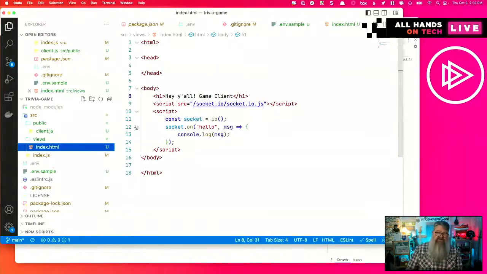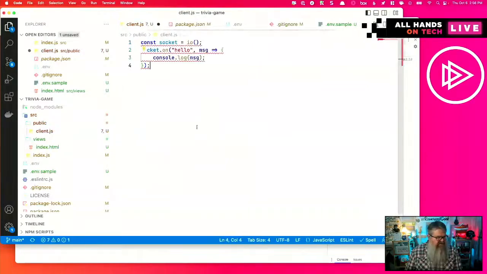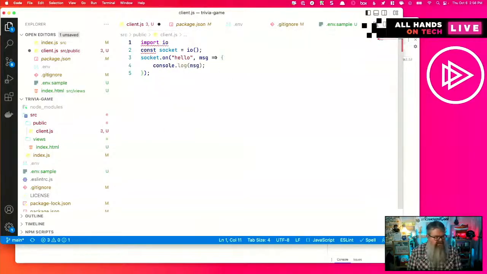And the client.js is where we're going to spend a lot of time adding the client-side game logic, and we'll have server-side game logic that manages the game state and so forth. So let's take this code and put it in here. Let's also import IO from